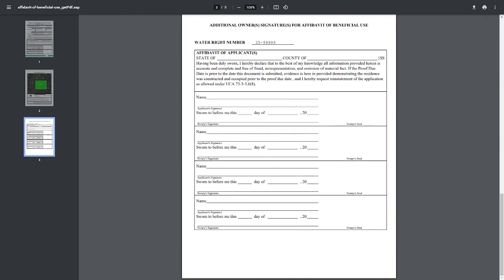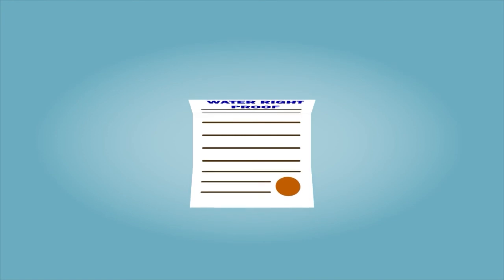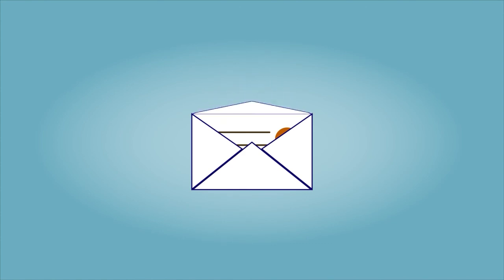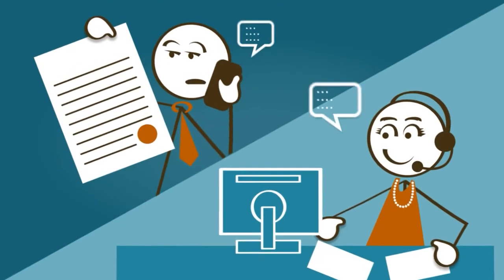The submission may be done in person at any of our division offices, via email or mail. Please make sure to include the map of beneficial use and certificate of occupancy or tax notice if a certificate of occupancy cannot be issued with the proof affidavit. Once we receive your documents, our division staff will review them. If the submission is not complete or additional information is required, a staff member from the division will contact you